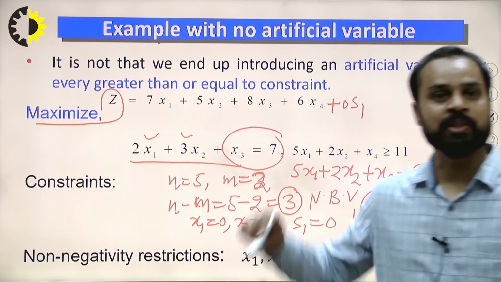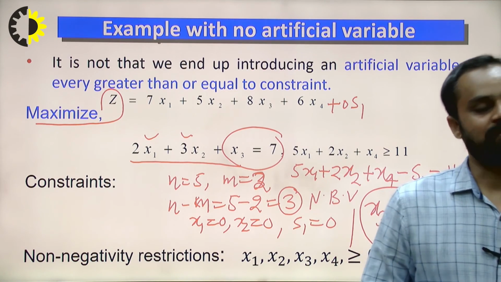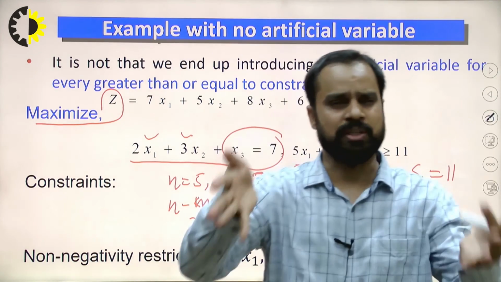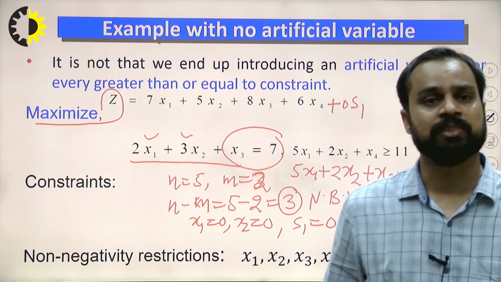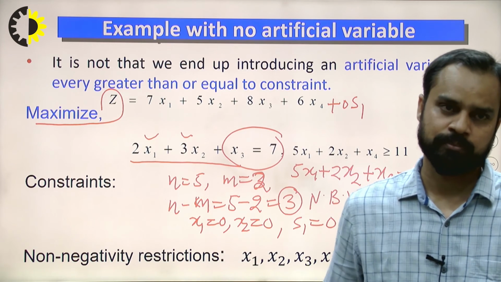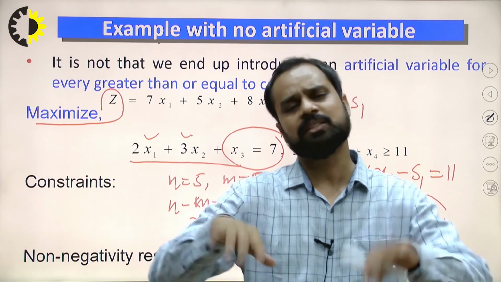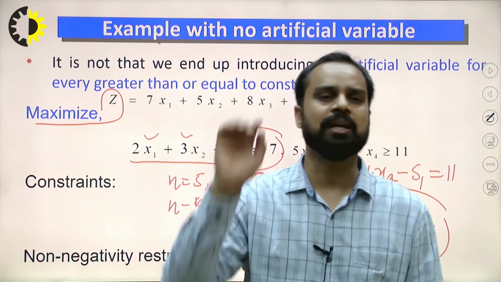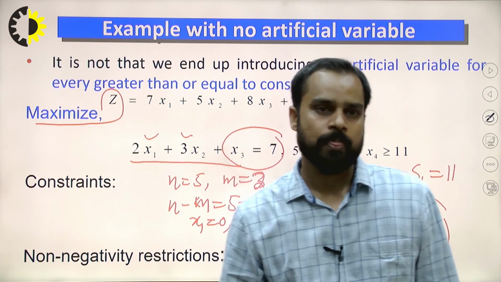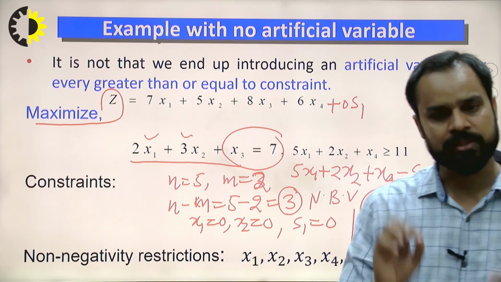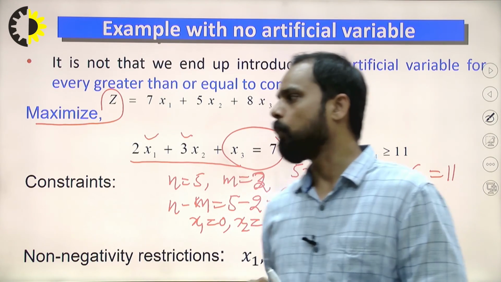Are you getting my point? Without adding an artificial variable, we are able to find out the initial basic feasible solution. Any solution that satisfies all the constraints and non-negativity restrictions is a feasible solution of the problem. There may be a possibility that the solution is not the optimal one, but it is feasible. And we always start the simplex method from a feasible solution and move towards optimality. In simple simplex and big M method, we start the problem with the basic feasible solution and then we move towards the optimal solution.